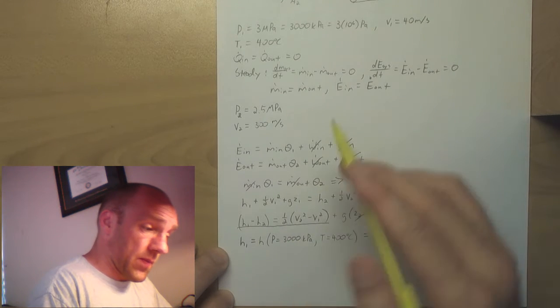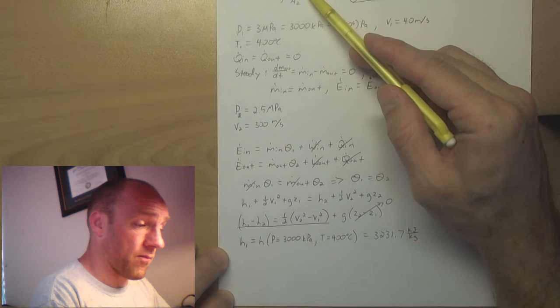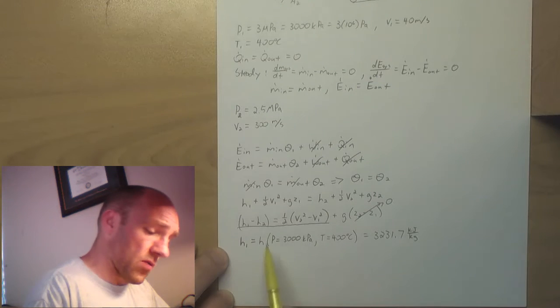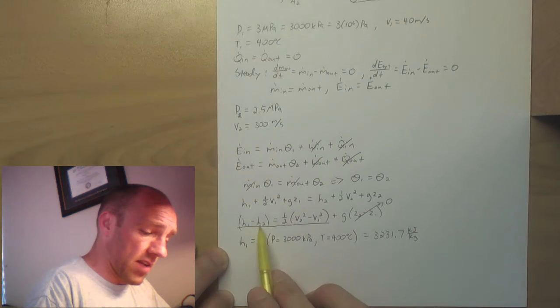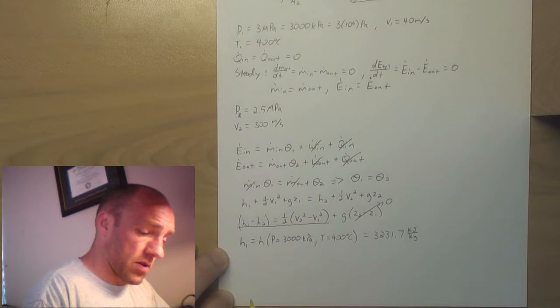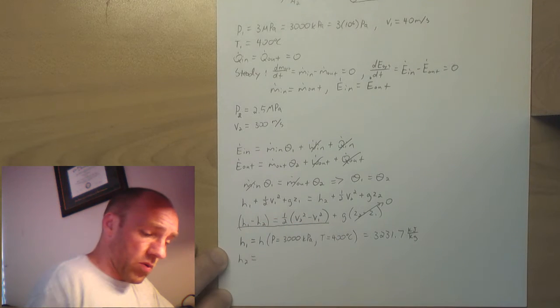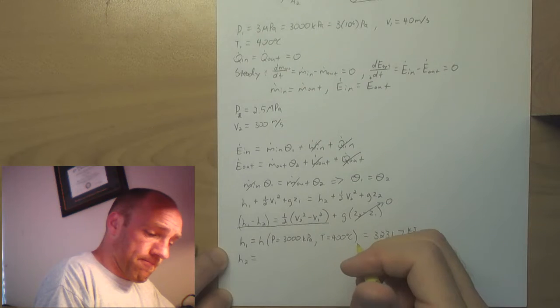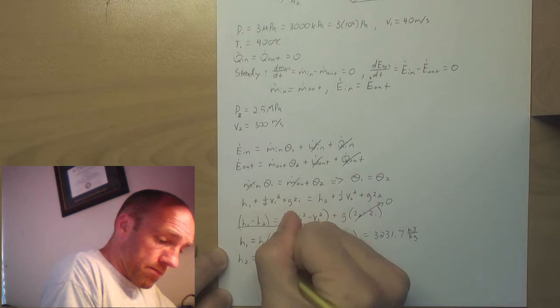H2. The purpose of the question is to find what T2 is. Okay, so I know V1, V2, the only unknown in my energy balance is H2 itself. So I can rearrange for H2. H2 is equal to H1 minus